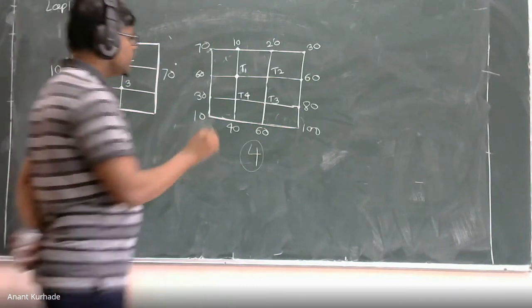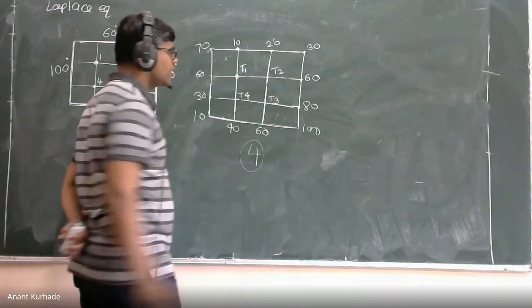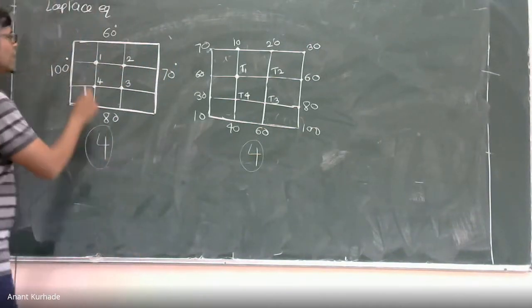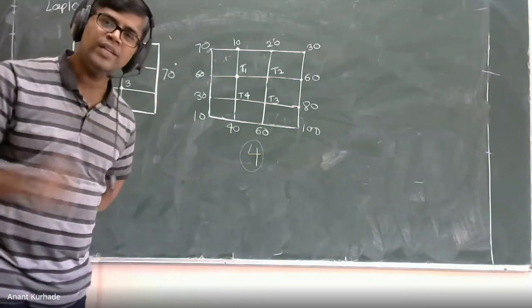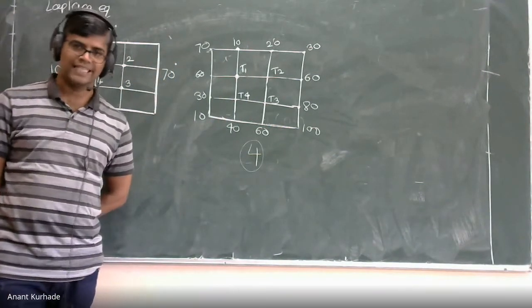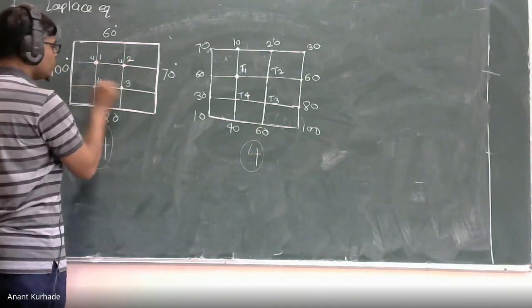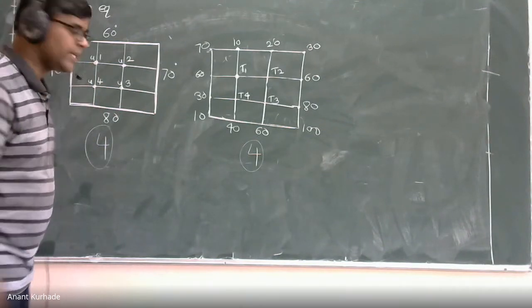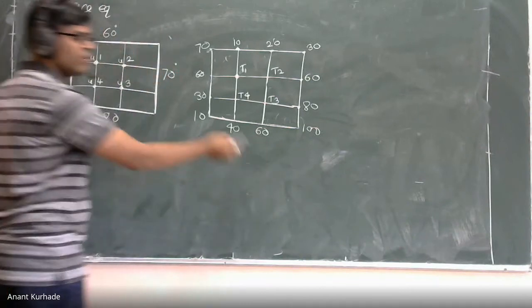Now see what I told you. This is T1, T2, T4, and T3. In some cases, instead of T, you have to calculate U1, U2, U3, U4 like that. Here U1, U2, U3, and U4. So I will tell you the formula for U1. You can write this formula for T1 also.